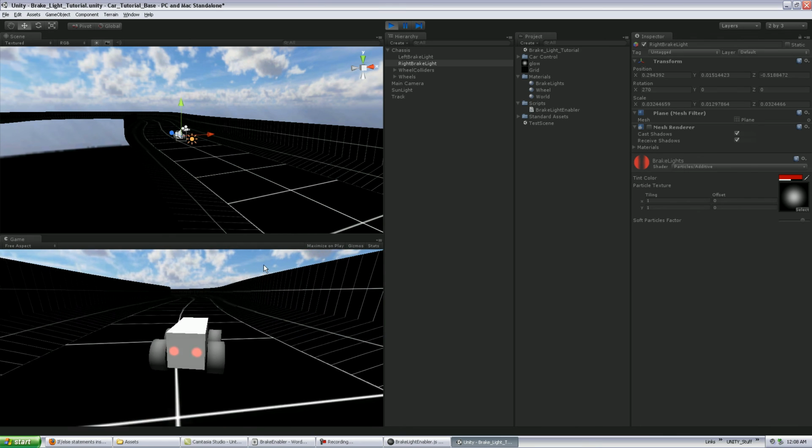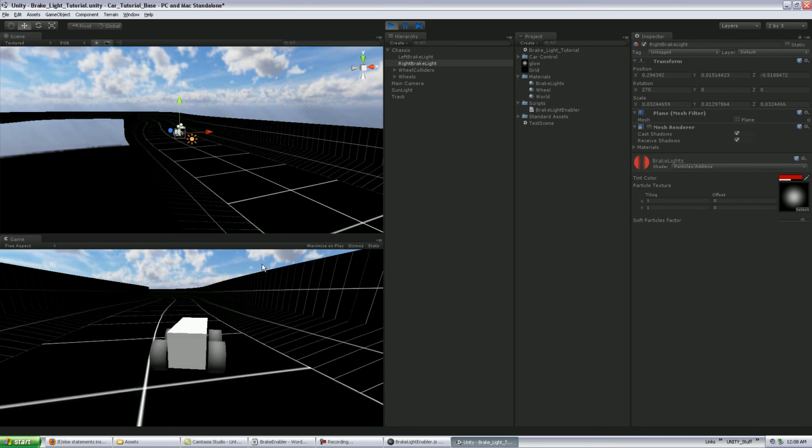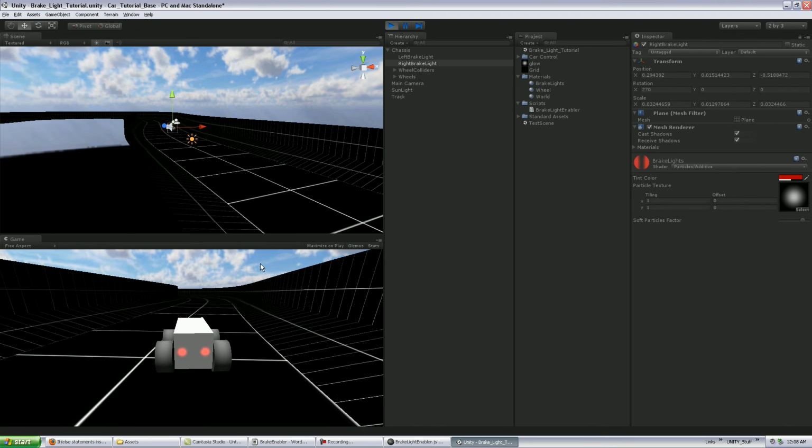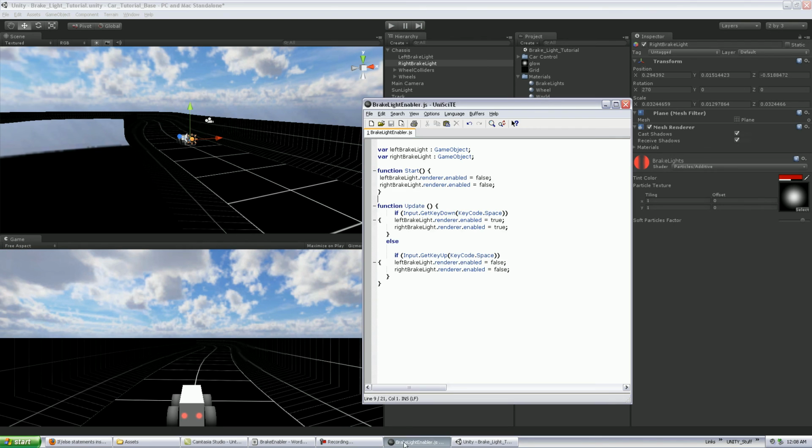So yeah, brake lights work. Car brakes, brake lights come on. It's efficient. It works. And you can look at my other tutorial for creating the drivable vehicle in Unity, and basically between these two you have your brake lights going. You can set these for reverse too, like if you're using the WASD keys for forward, left, and right. If your S key is a reverse,